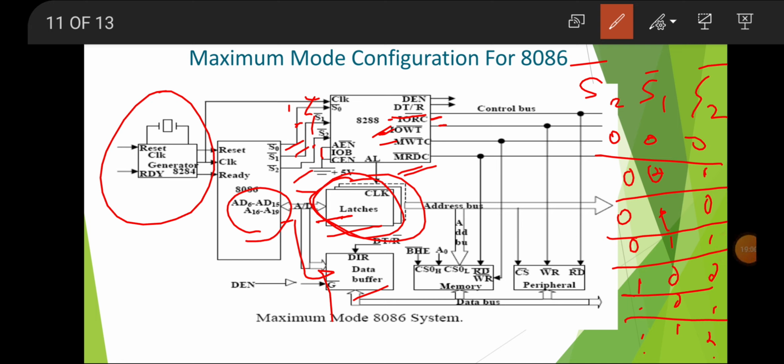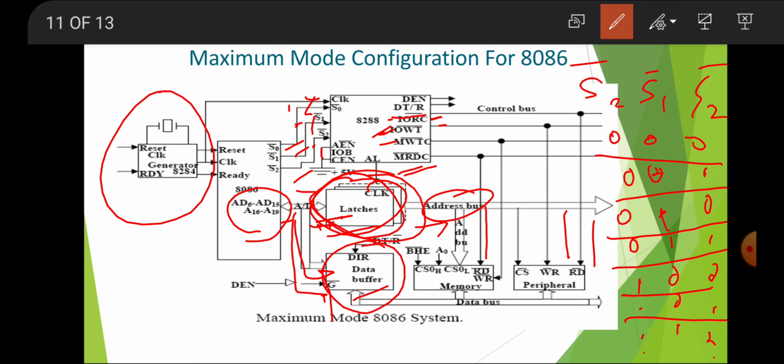And now the address bus, whatever the output from this latch is, is nothing but the address. So it gives only the address bits here, and data bits are here. This is the address bus, and it is used for fetching memory locations from the memory, or giving a write or read to the memory at a particular location. Now suppose AD6 to AD15 is the data line, then it is identified by the signals and given to the data buffer.